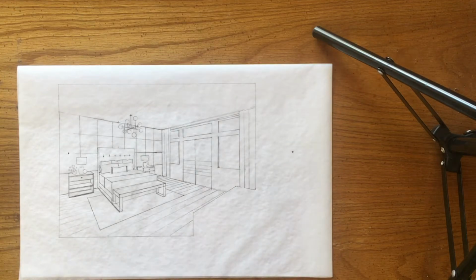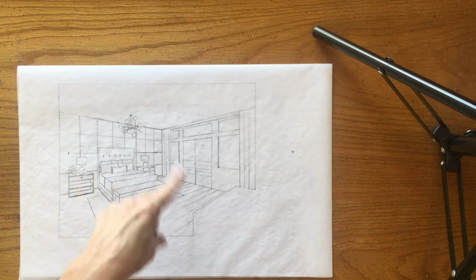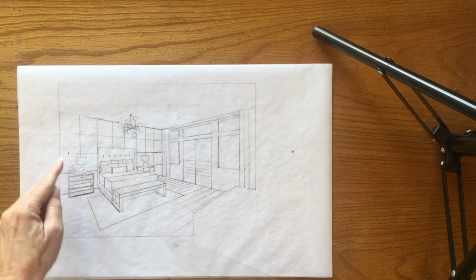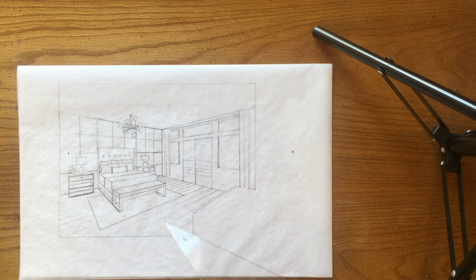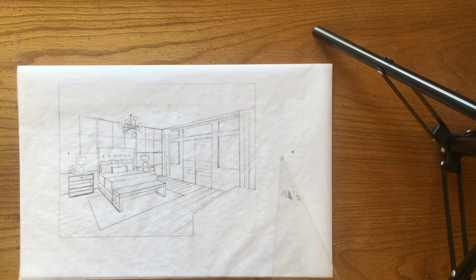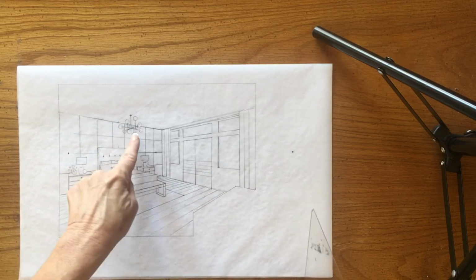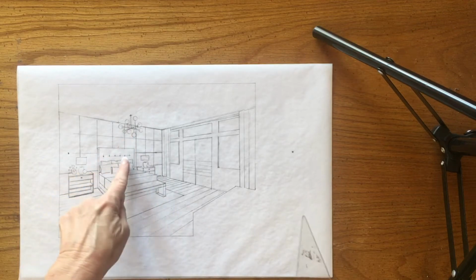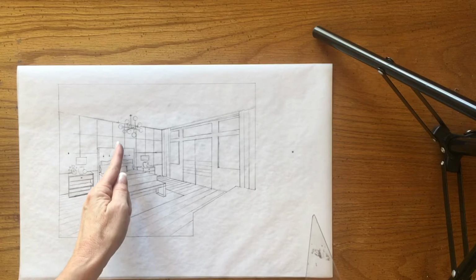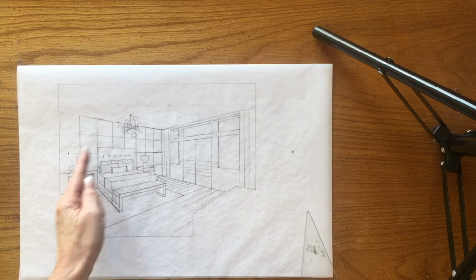So a couple things I wanted to point out to you is that I followed the lines of perspective, so all lines are either vertical or go to the left vanishing point or the right vanishing point. You're going to want to make sure that you keep those there so that you can go back and use those. For the chandelier, I just found the halfway point of the headboard, went up straight, and from the left